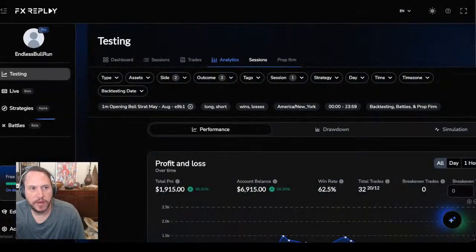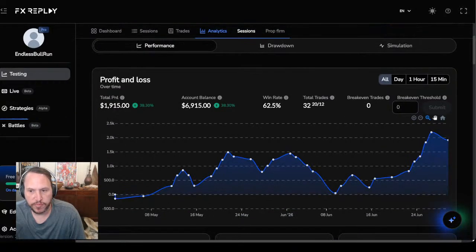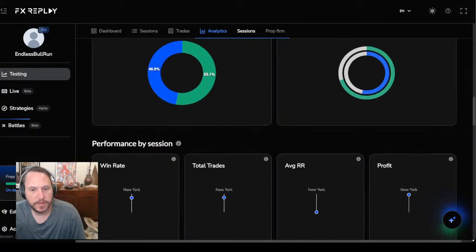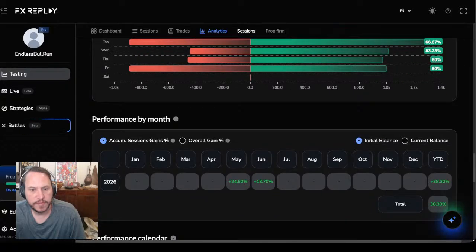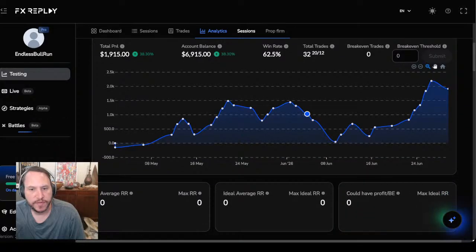And I'm not blaming FX Replay on a lot of these glitches. I think June was like a break-even month. See, coming down here. Oh no, June was plus 13%. After all that, we're plus 13% in June. How the hell? Look at this, we were just on a straight path down once we started June. We climbed our way back out. That's crazy.